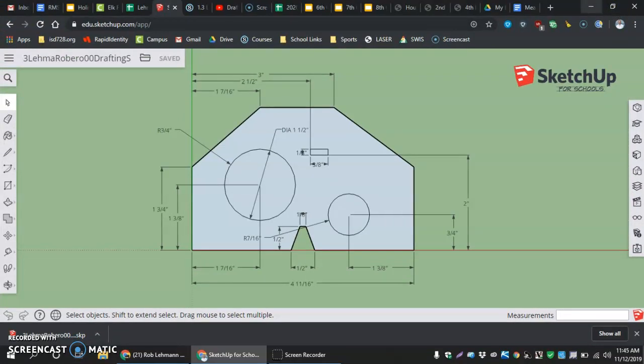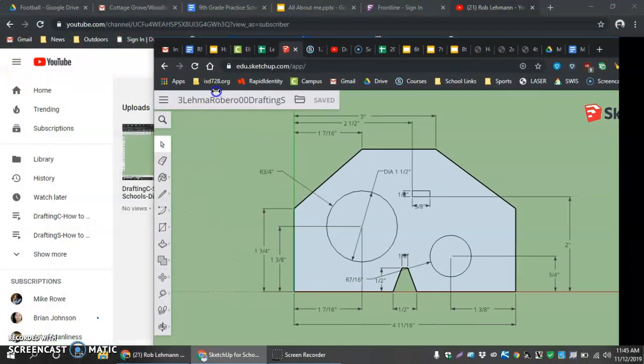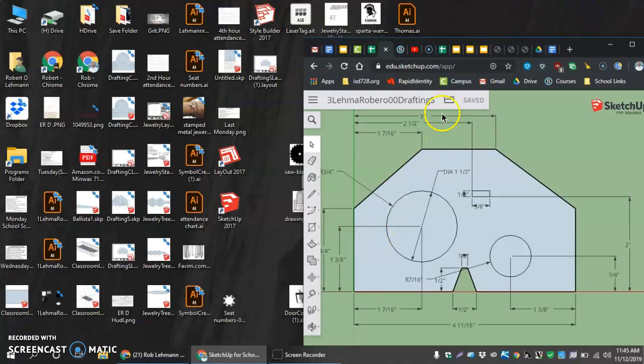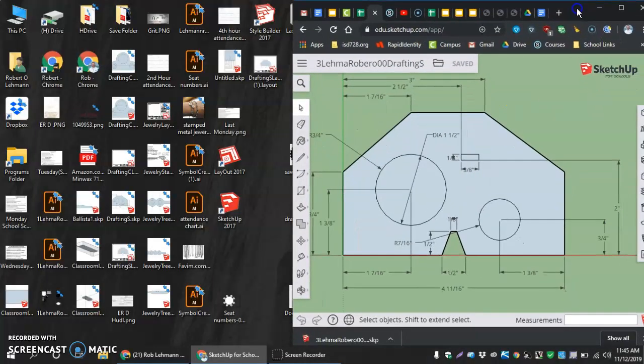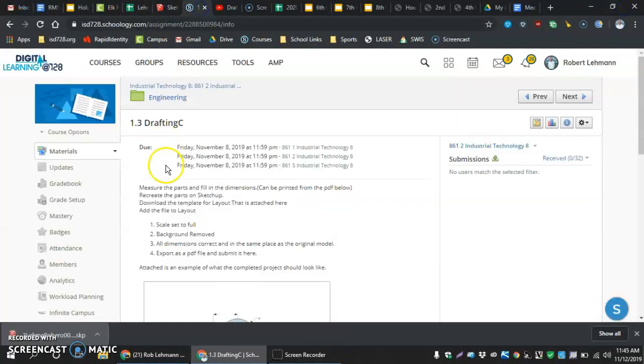So after I window my screen, I can then move this window around. Once it's windowed, I can move my window around. And I can make it smaller, and then I can minimize anything I have in the background, so I can click and drag and drop my file that I downloaded into my H drive. Now, the next thing that I'm going to do is I'm going to go to Schoology,